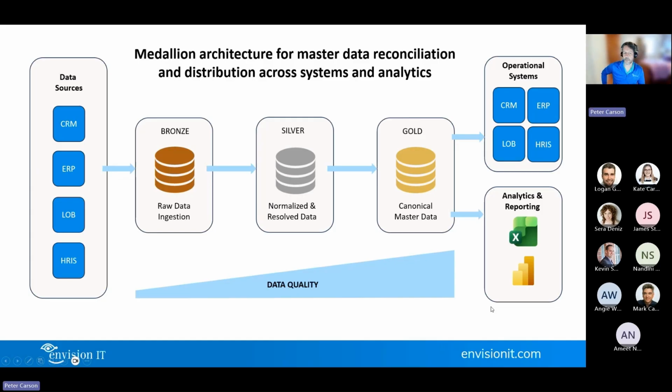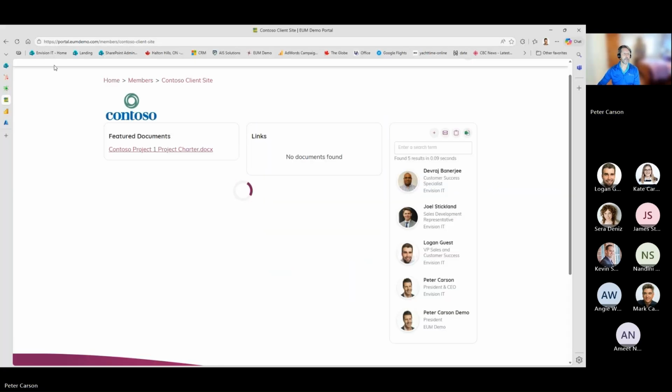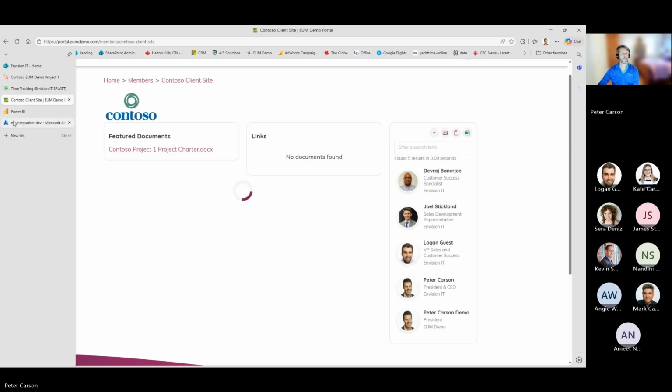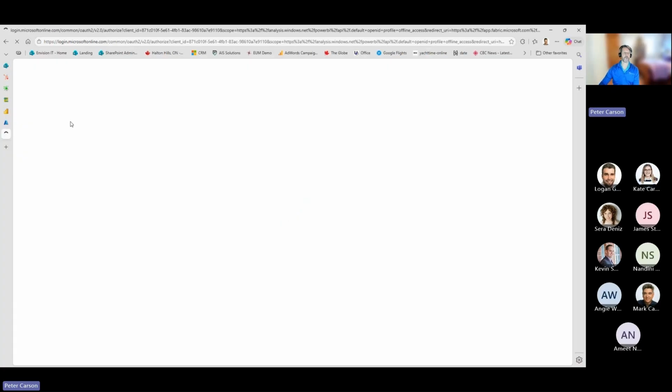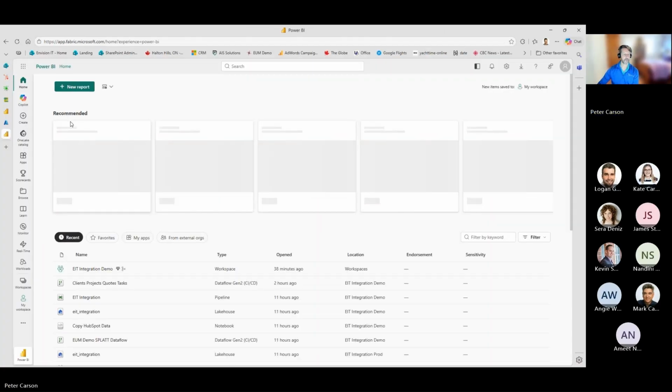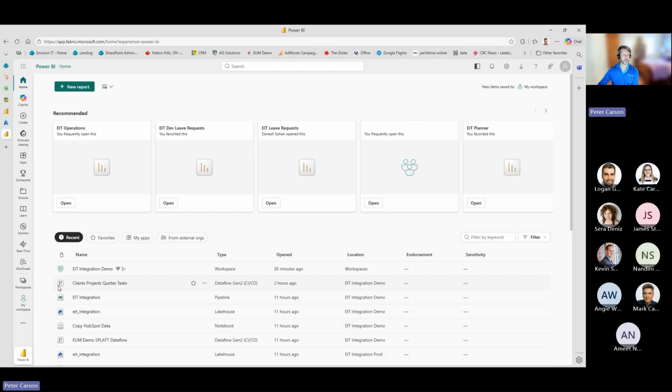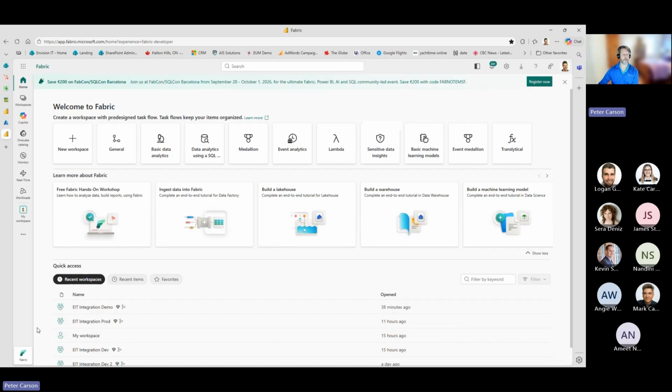Okay, so let's actually dive into Fabric. I've been going for 23 minutes, so let's actually show some live stuff here. Fabric.microsoft.com. It's easy to remember. It does tend to default to Power BI when you come in because that's a big part of it. I can flip it from the bottom here into the Fabric view. It doesn't really change, just changes the UI that we see through here.